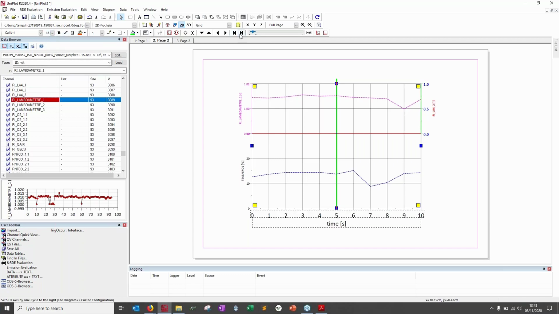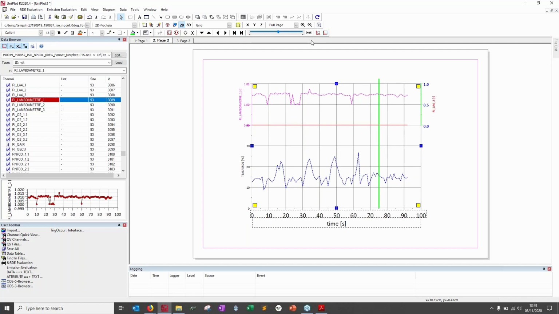Okay, 0 to 10. And now 10 to 20, 20 to 30. And I can see here the cursor moving in the window to know where I am in the cycle. Okay. And now everything I have shown you can be partly changed by the action I will show you, which